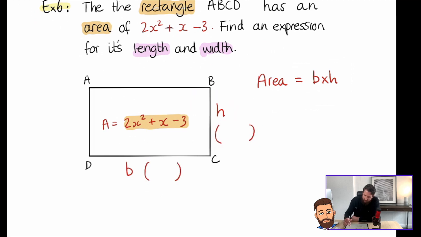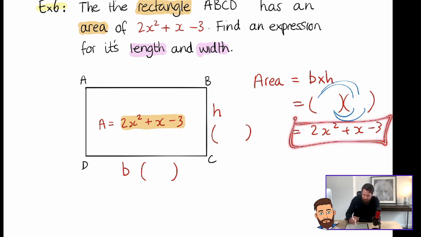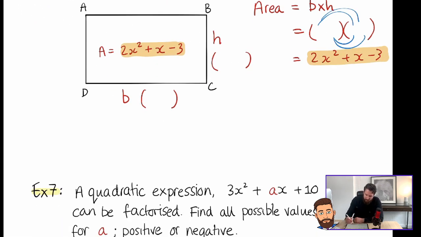So the goal of this question is, we need to know what are these two brackets that multiply to give me 2x squared plus x minus 3. What are these two brackets that multiply to give me the area that they told us? Well, how are we going to do that? We could factorize. If we factorize this quadratic, what are we going to get? We're going to get two brackets. And those two brackets, when multiplied together, will give you what we factorized. So that's the key to unlocking this question. Here, this is basically asking us to factorize